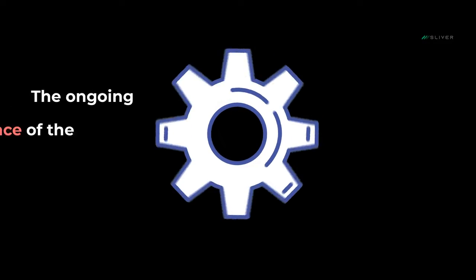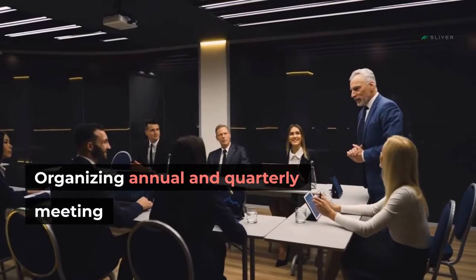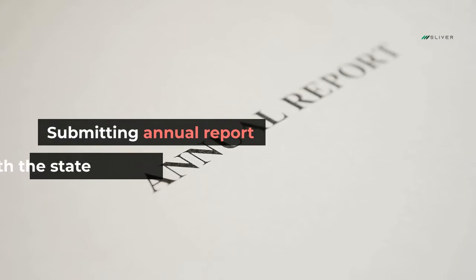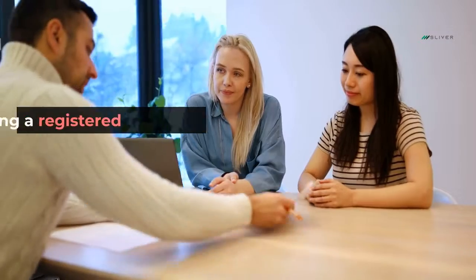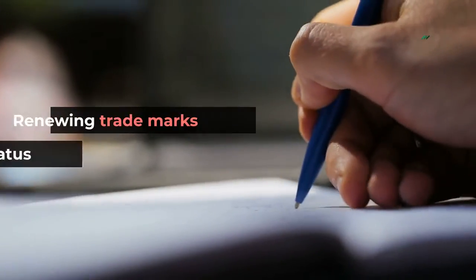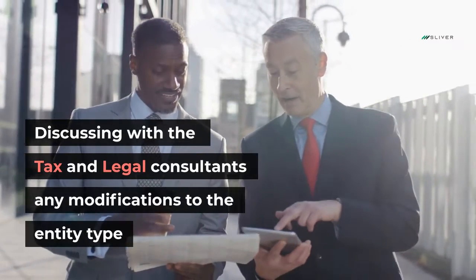The ongoing maintenance of the business entity includes organizing annual and quarterly meetings, submitting annual report with the state, paying franchise tax, keeping a registered agent, renewing trademarks and DBA status, discussing with the tax and legal consultants any modifications